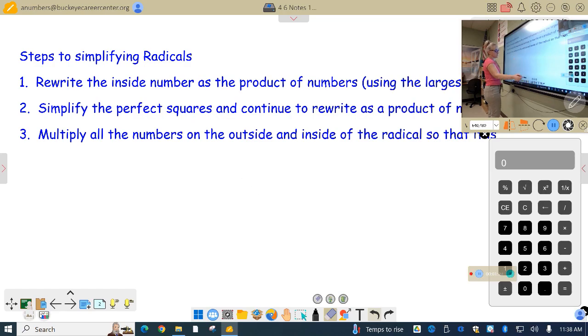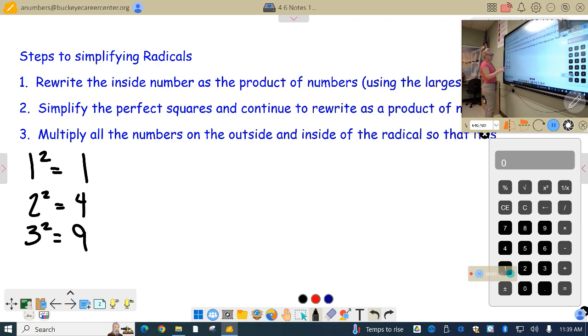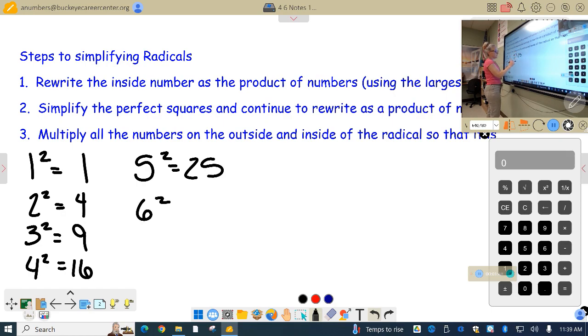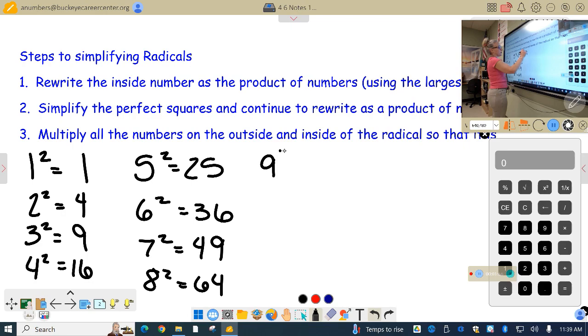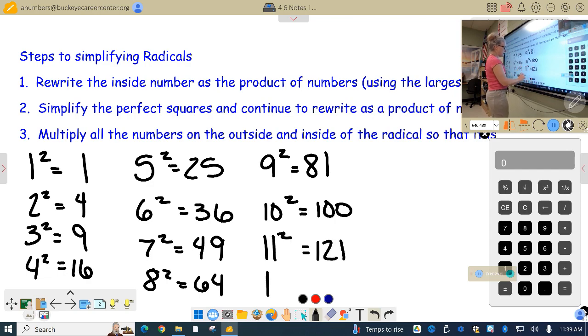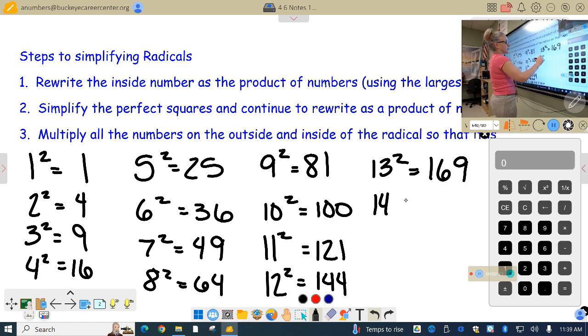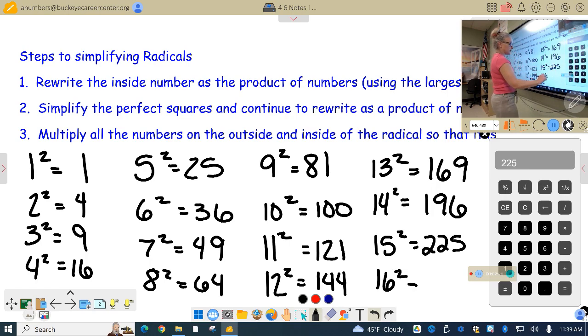So let's talk about perfect squares. 1 squared is 1, so 1 is a perfect square. 2 squared is 4, 4 is a perfect square. 3 squared is 9, 9 is a perfect square. 4 squared is 16, which is a perfect square. Then I have 5 squared, 7 squared, 49, 8 squared equals 64, 9 squared equals 81, 10 squared is 100, 11 squared is 121, 12 squared is 144, 13 squared is 169, 14 squared is 196. Make sure I don't mess this up. Yep. 15 squared equals 225,